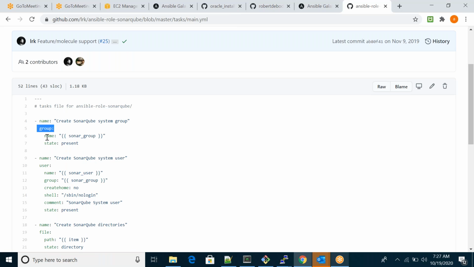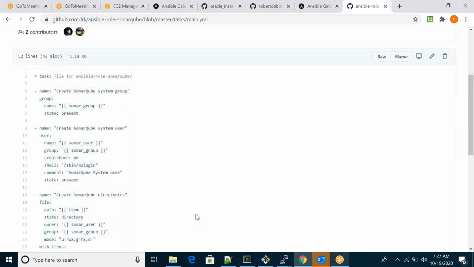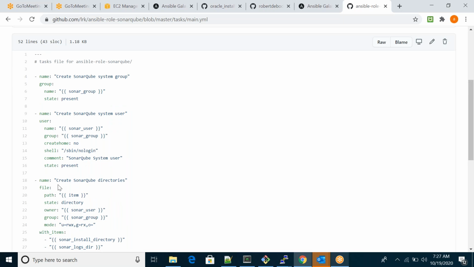Using the group module, they're creating the group. Using the user module, they're creating the user and assigning that group. And you can see some directories. Using the file module, they're creating one directory and assigning owner and group.